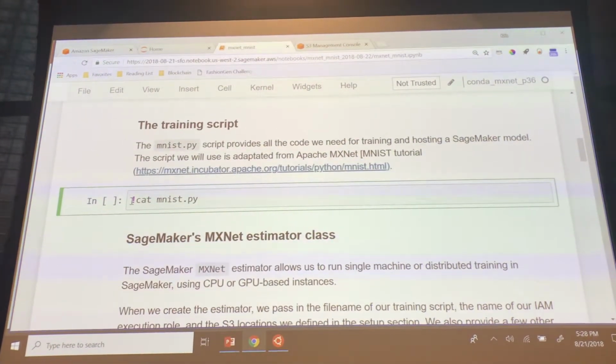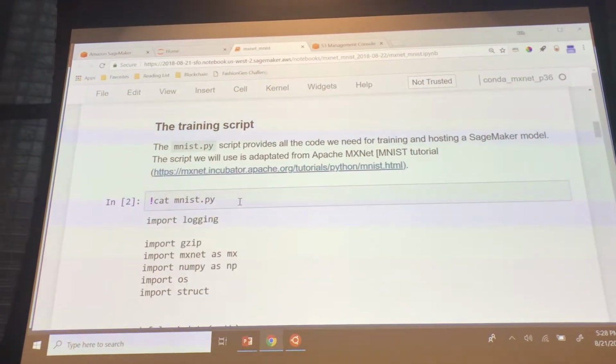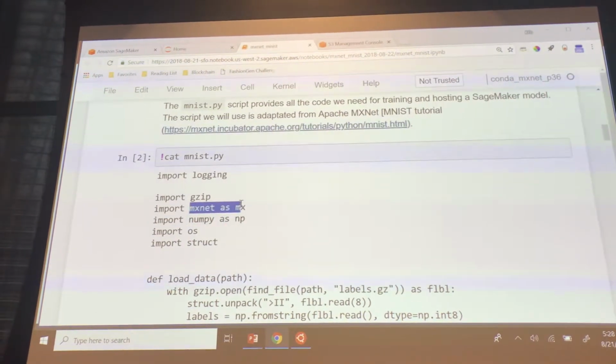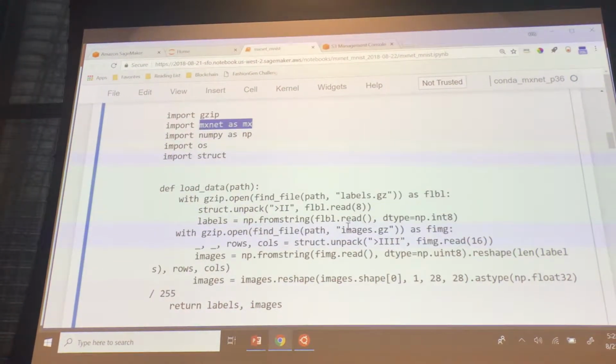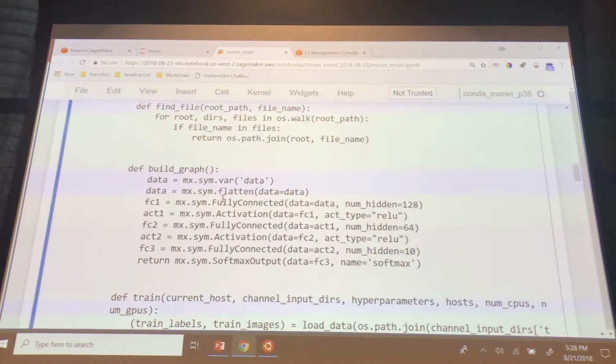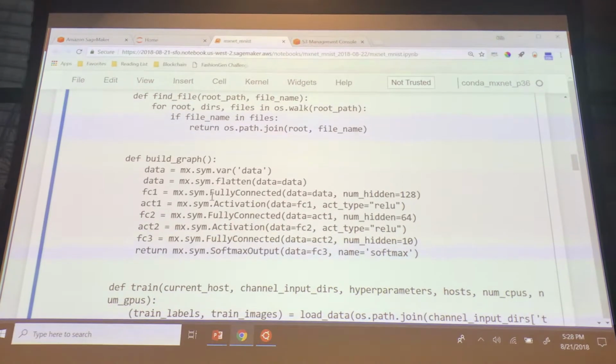So you can use any Unix command by just putting a bang in front of it. So we're going to cat this out, and we can actually see the contents of the file. This one happens to be using mxnet. It opens up a file that's in that directory. Now here's where we build the actual computational graph, right? This is mxnet